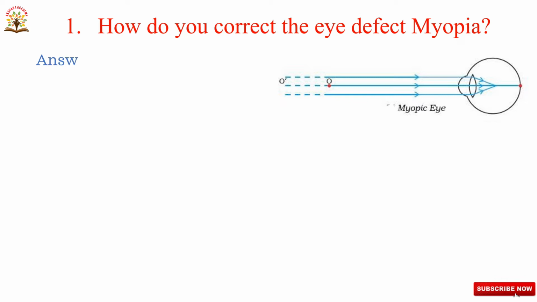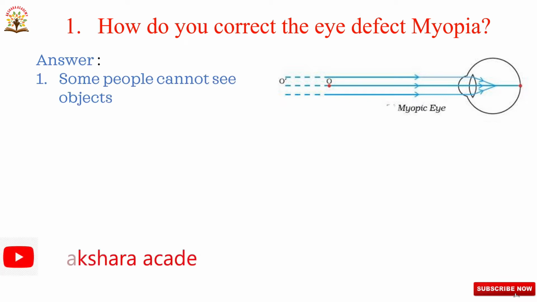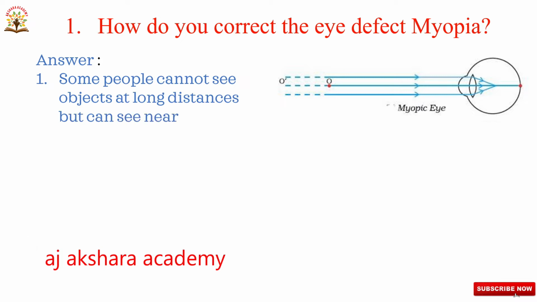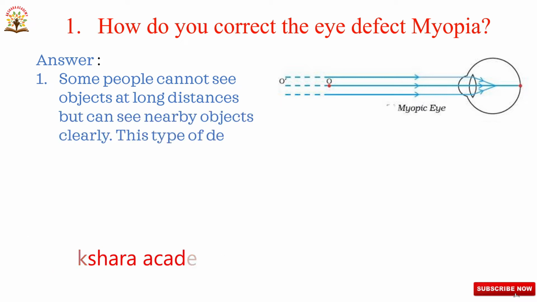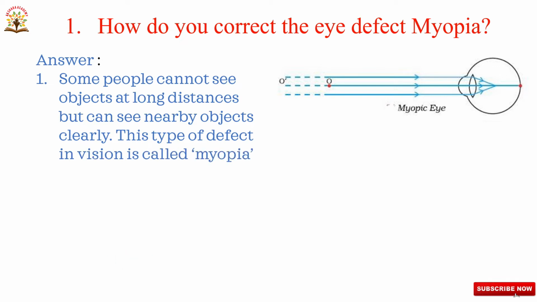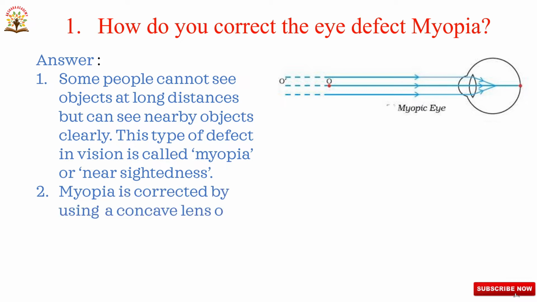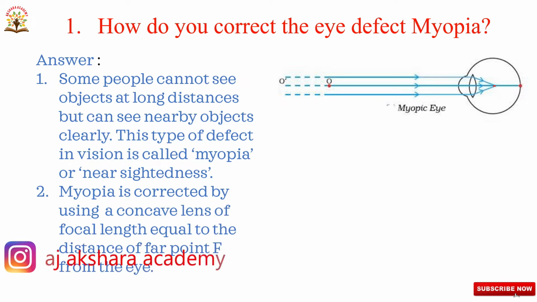This is a diagram for myopia. Observe this diagram. These are the light rays coming from infinity, and these rays fall on this convex lens and they meet at a point before the retina. Here this is the image point. This is the retina. Here, when the object is at infinity, all the rays are converging and they meet at a point before the retina. Now this is the myopic eye.